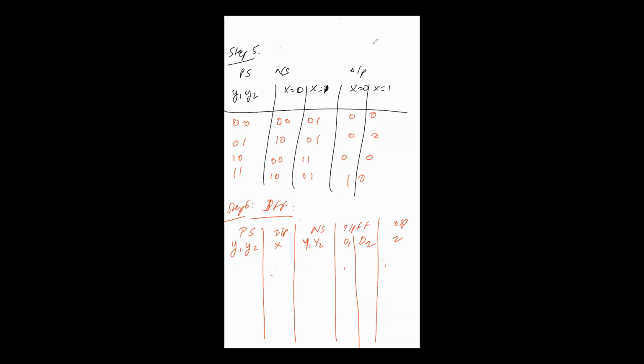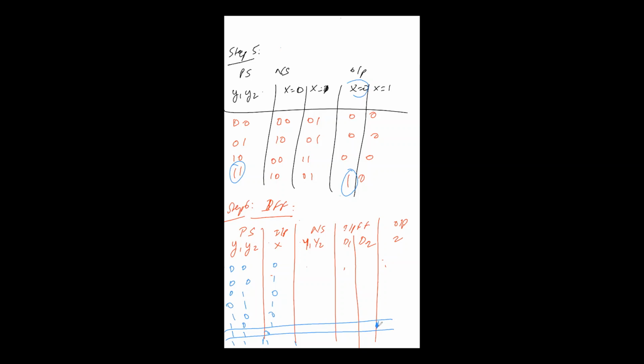Right. So fill the entries. Let present state be 0, 0. Input can be 0, 1, 1, 0, 1, 0, 1, 1, 0, 1, 1, 1. The output is 1 when X is equal to 0 and Y1, Y2 both are 1. This is the condition when output is 1. Then put 1 here. Rest all the time it remains 0.